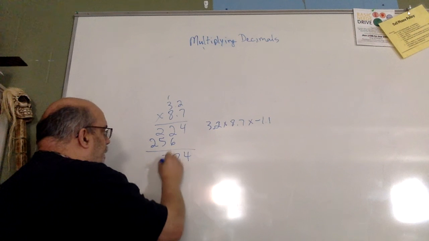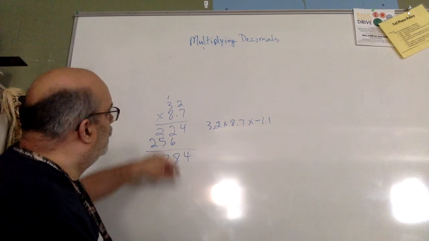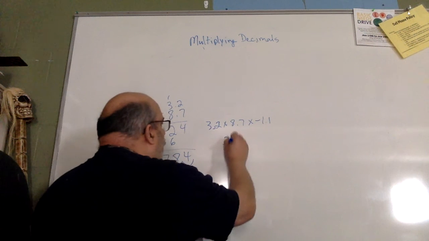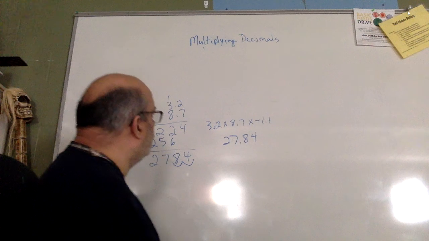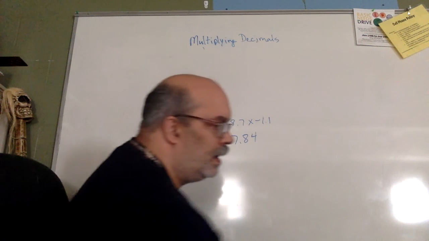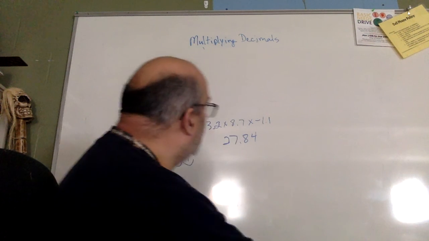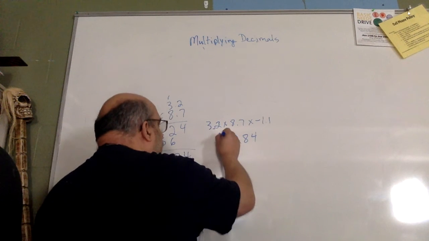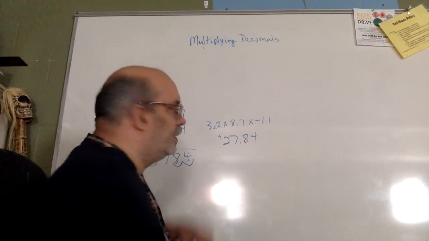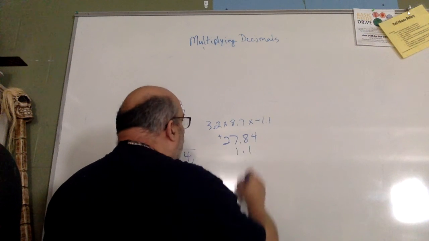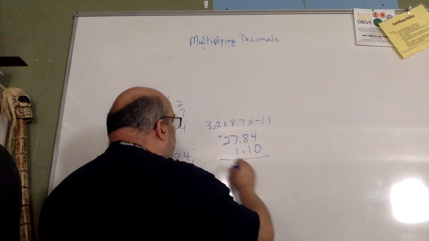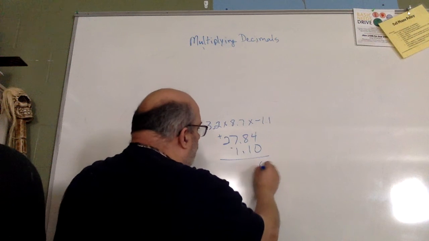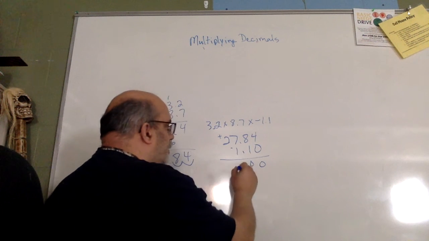I'm going to add. I have 2 decimal places. 1, 2. 27.84. And my 3.2 and my 8.7 are both positive, so my answer is positive. Now we'll bring down the next one to multiply. 1.1, I need a 0 at the end. It's a negative. Okay, so 0 times 4 is 0, 0 times 8 is 0, 0 times 7 is 0,